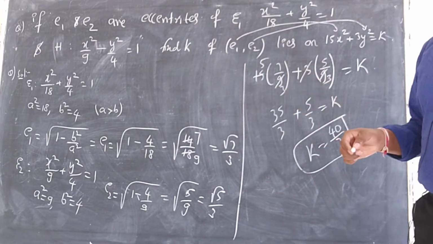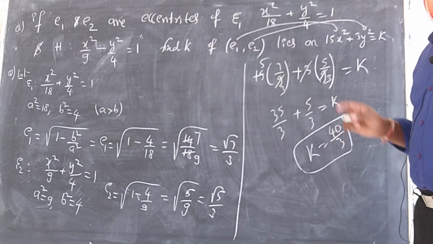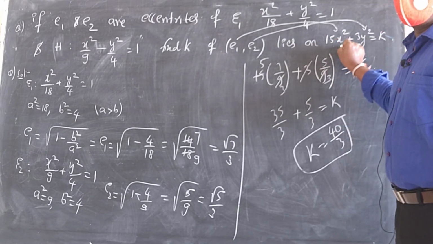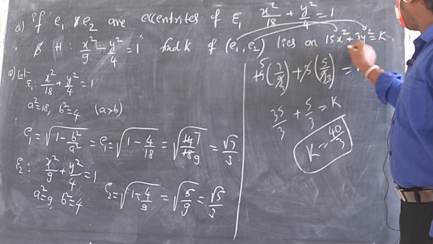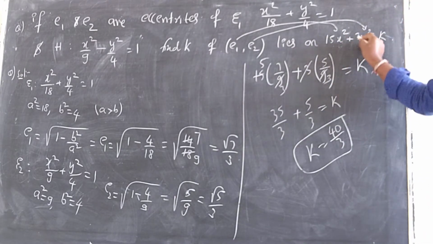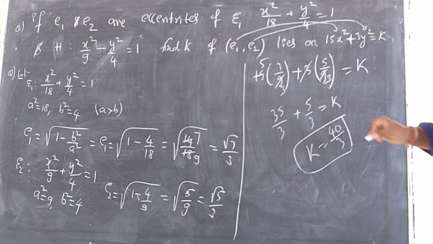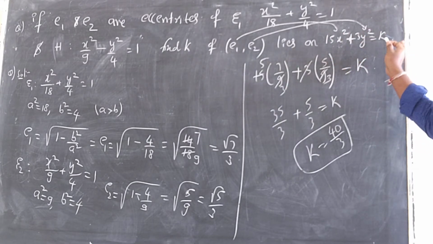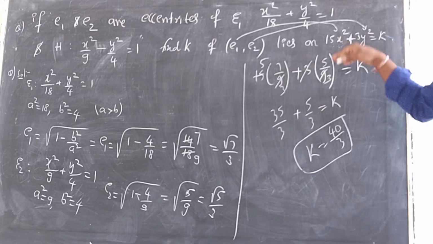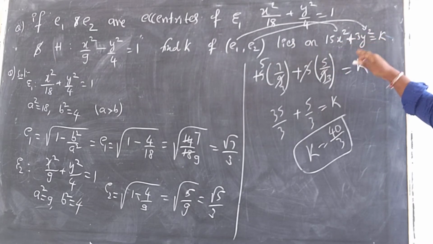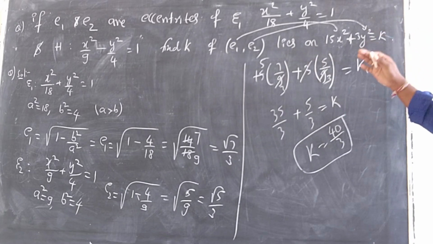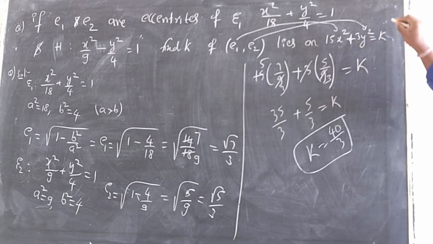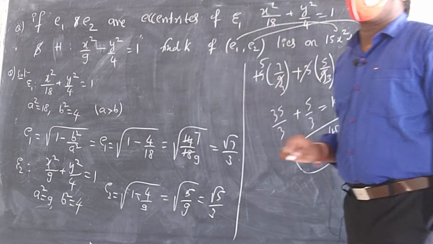Hyperbola is our next topic. I'll give the formula for that and explain. Okay, so if this is an ellipse, how can you say it is an ellipse? The plus symbol is there. x square plus y square, if you divide by k on both sides, k by 15 you get here, k by 3 is equal to 1, in the form x square by a square plus y square by b square equal to 1. So it is an ellipse.